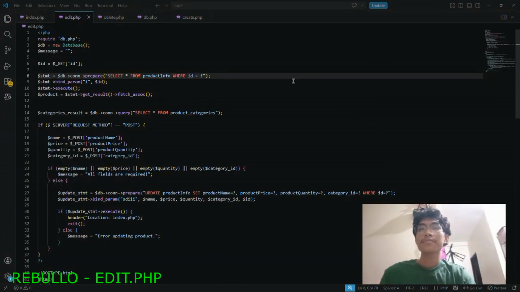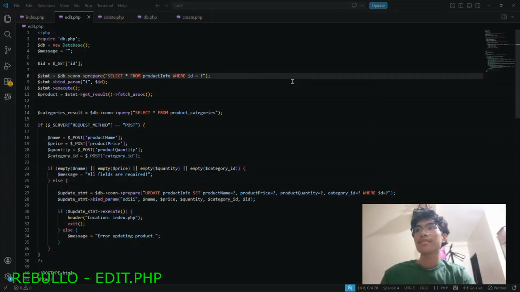Then stmt bind param binds the actual values to the placeholder, then stmt execute executes the SQL. After that the product variable is equal to stmt get result, then fetch assoc. This stores the fetched product row as an associative array so we can refill the form fields.